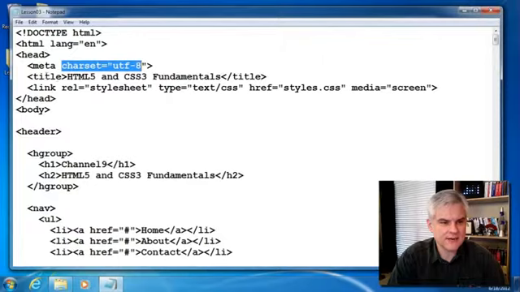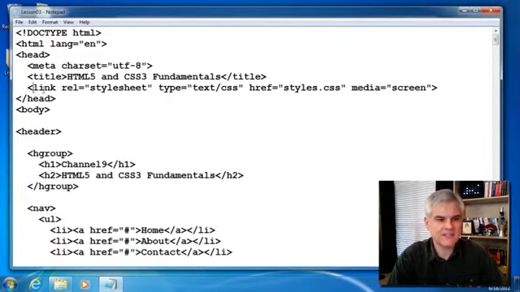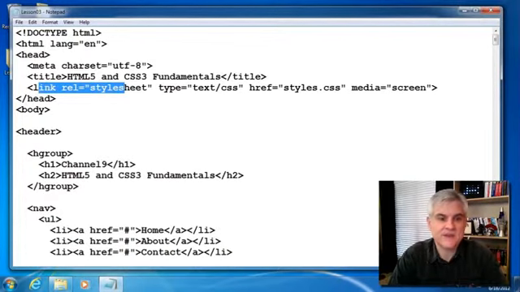So next up, we have the title. We've already talked about this. The title is simply the text that you want displayed in the web browser's title bar or in the tab's title area. Okay. Then we have this link, and we've talked about it already in the previous lesson. It's fairly simple to understand. All the attributes of the link